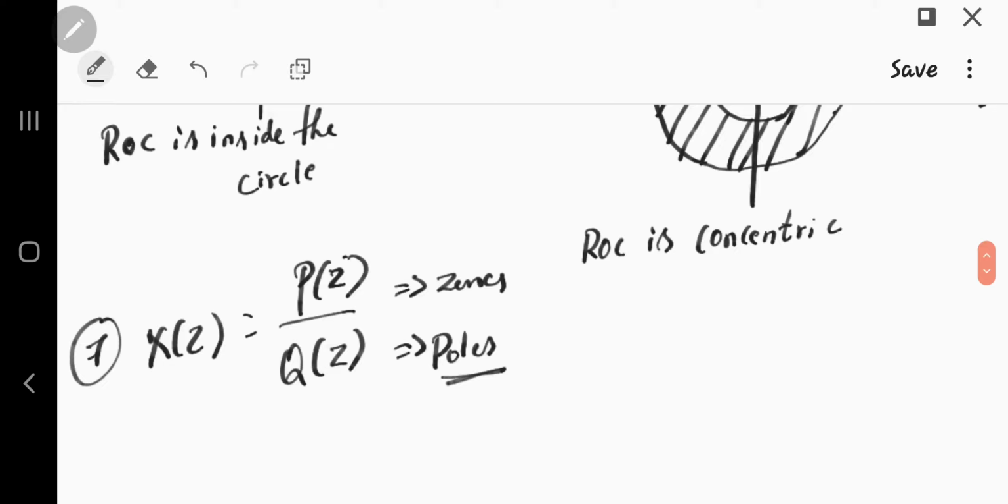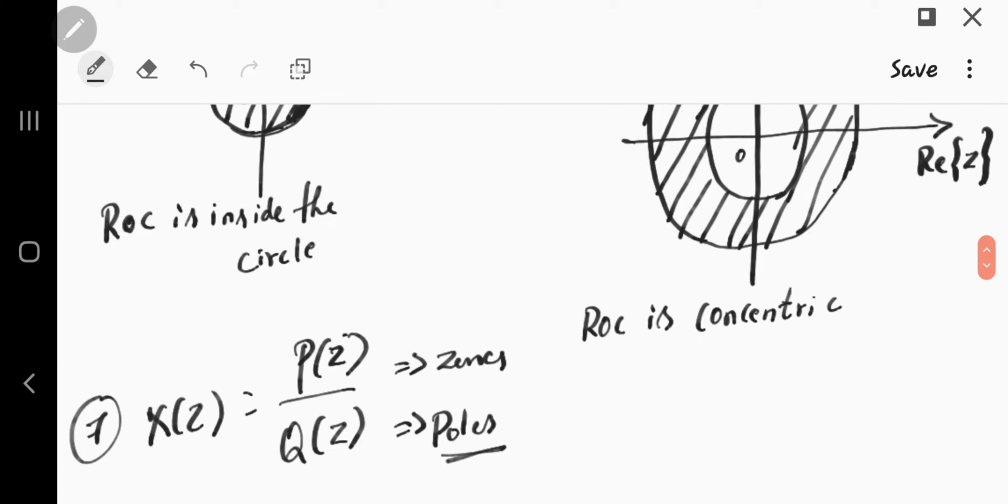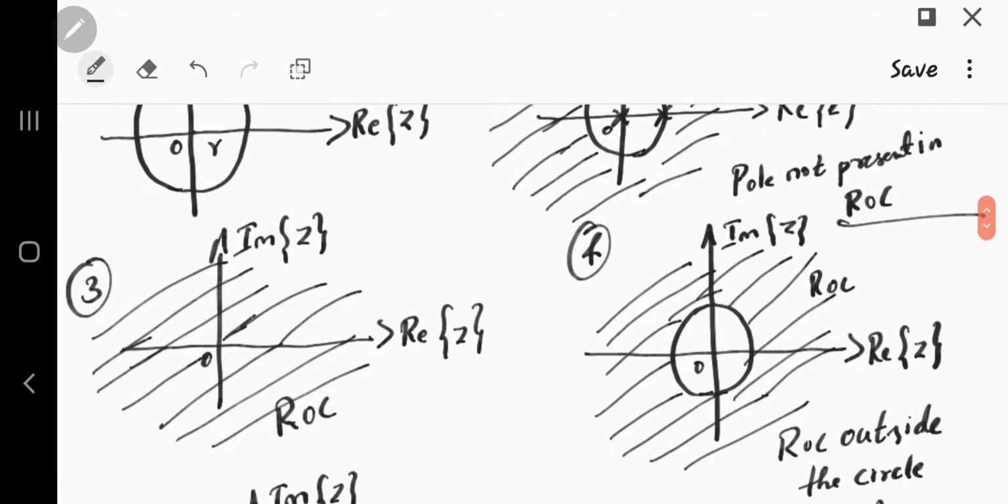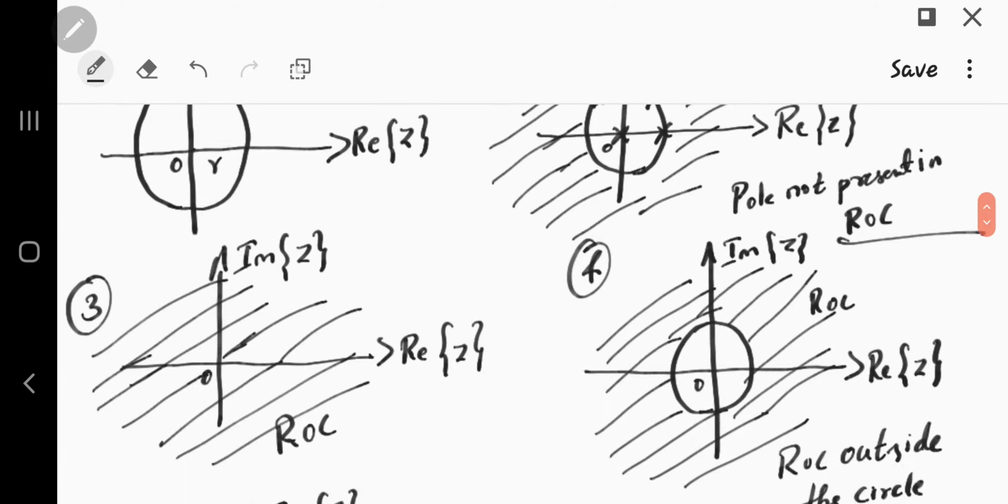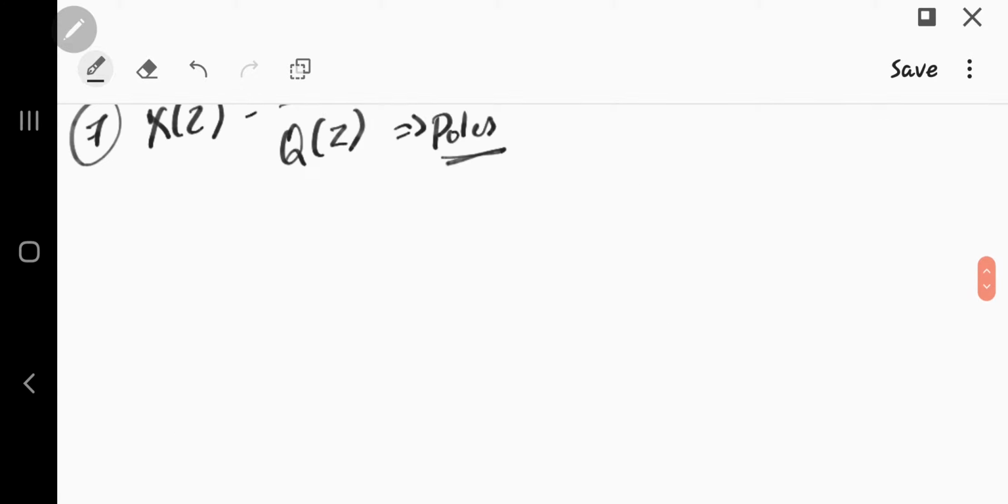Now this is about the properties of ROC. So we have to remember the properties till the end of this Z transform, which is very important. So this is how you have to remember. I have explained graphically how each property will look. Let's take some examples on this, and let's see how the ROC is located. Okay, so we'll start with the